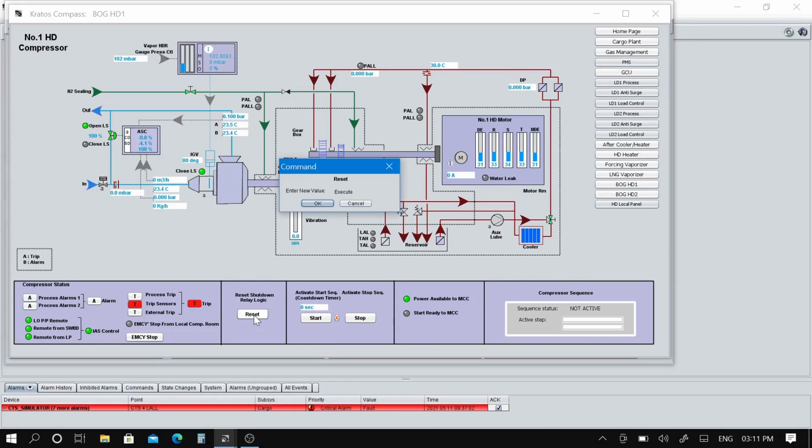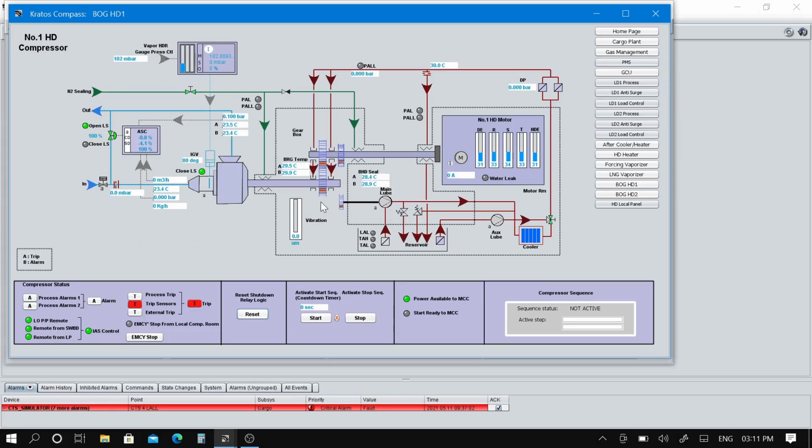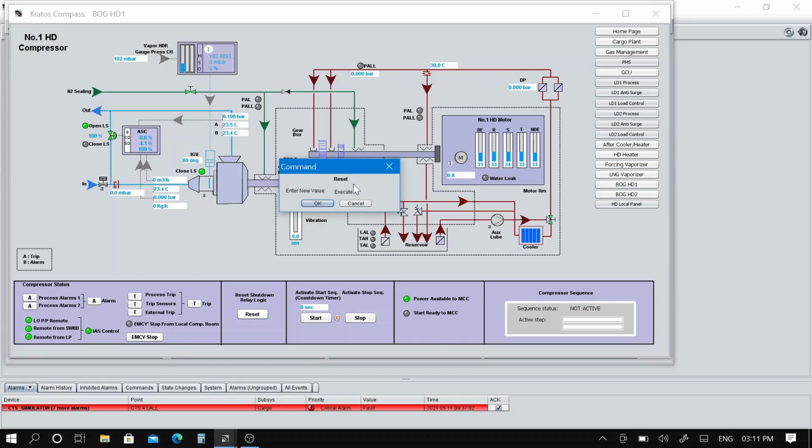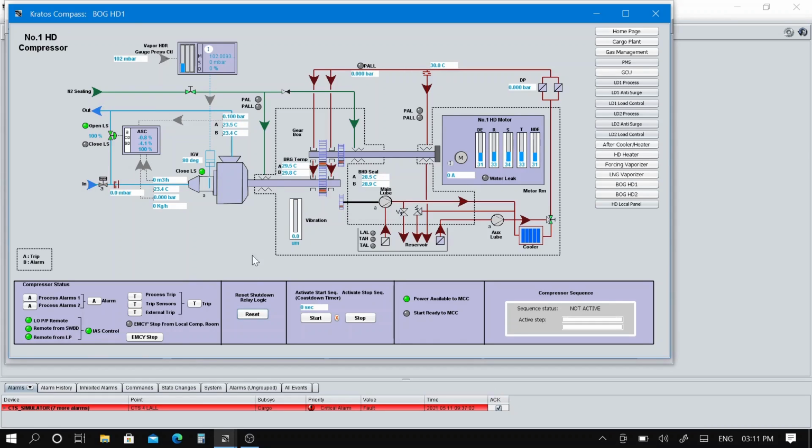I need to reset the alarm. Once the reset is done, all the alarms are clear and the HD compressor is ready to start.